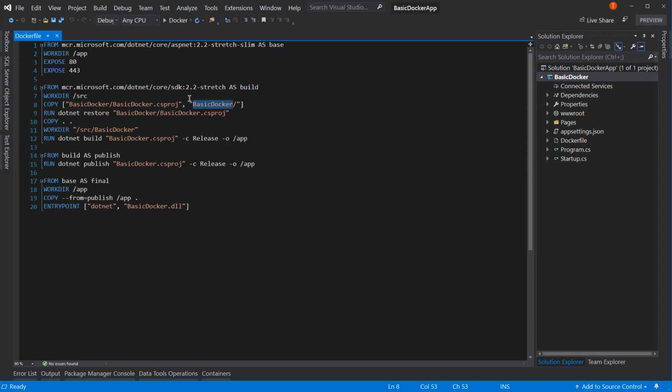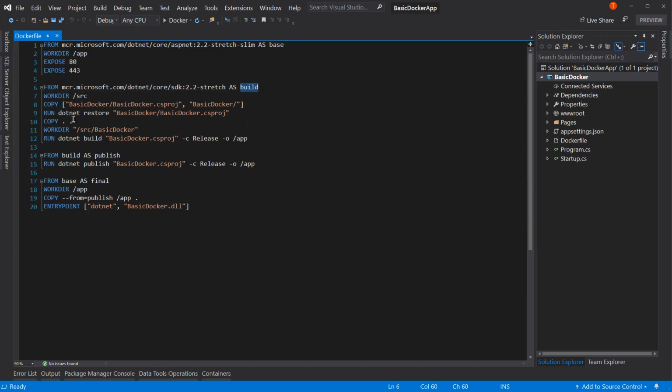And the reason they do just the file is because they want to do a .NET restore. So we're doing a .NET restore. That's a run command, by the way. Now remember that this is going to create a layer, and this is going to create a layer. Then this will create a layer, then this creates a layer. So there's multiple layers being created in this build